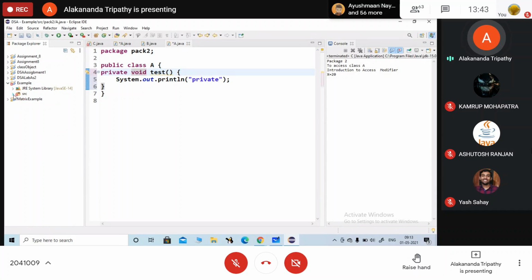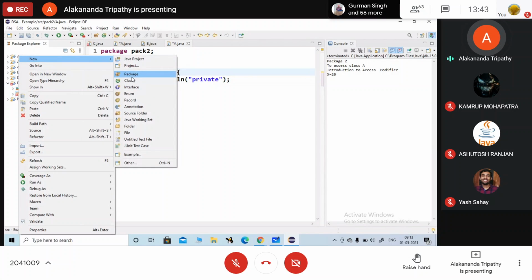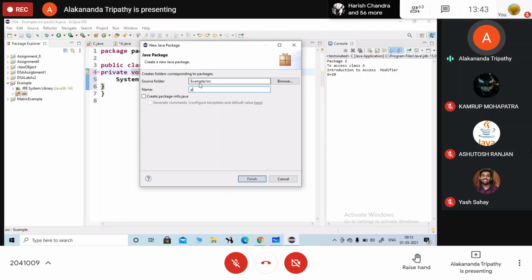Let I am creating, ऐसा तुम लोग का एक डेट क्लास है। डेट क्लास तुम्हारा यूटिल पैकेज में भी है और एक एसक्यूएल पैकेज में भी है। ठीक है, जो यूटिल पैकेज में है उसका काम अलग है, जो एसक्यूएल पैकेज में है उसका काम अलग है। वो दोनों इंडिपेंडेंट क्लास हैं। देखो मैं यहाँ पर और एक पैकेज बना रही हूँ, let here is pack 3.